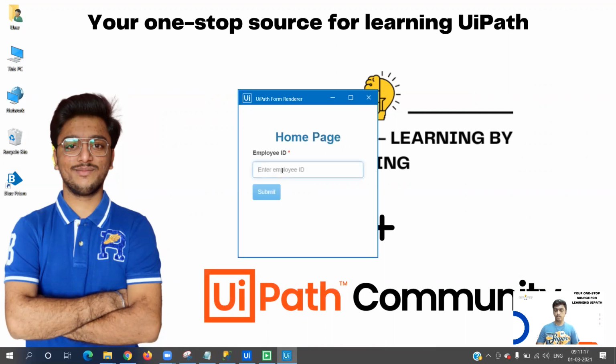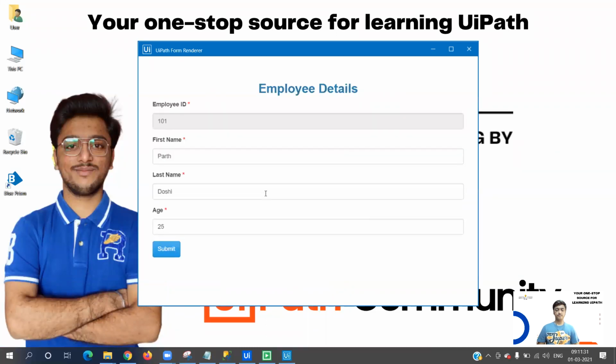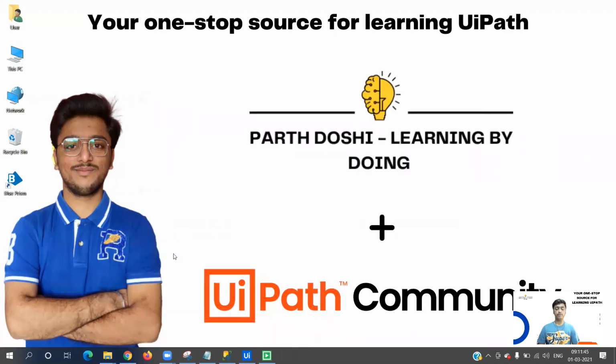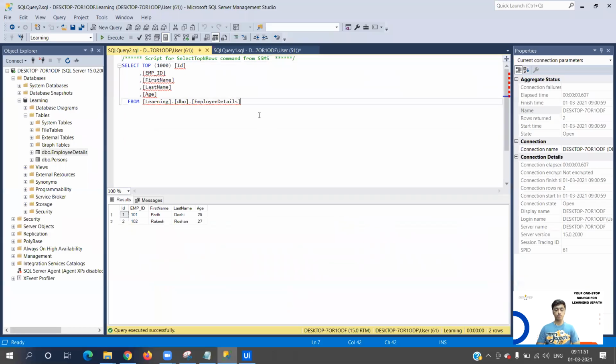So let me put 101, and let me change my age back to 22, which is the real one. You see 25. Now if you see, this one is disabled as we have designed it: employee details, first name, last name. There can be multiple fields, but just for the demo purpose and understanding the concept, I have used a limited number of fields. Submit. Now we'll further go ahead and check the database. Oh, and also I missed one thing in the video, so we'll cover that right now. So if you see, the age is updated back to 22.